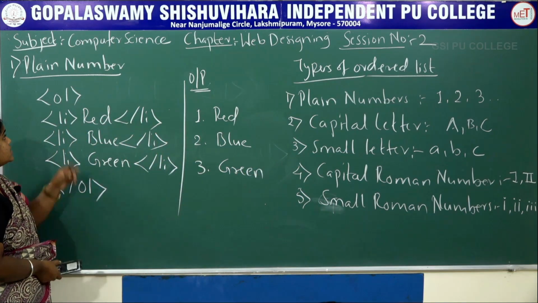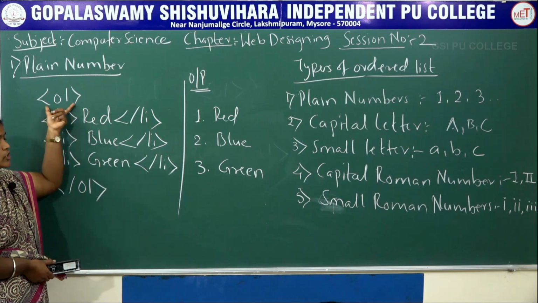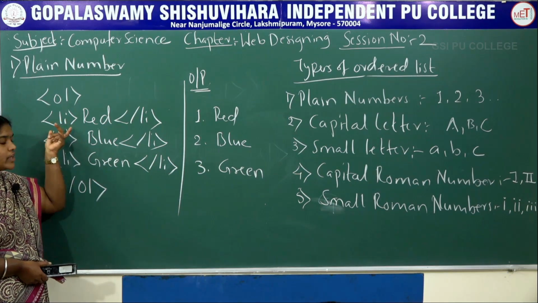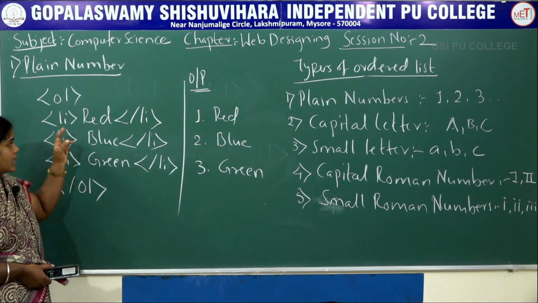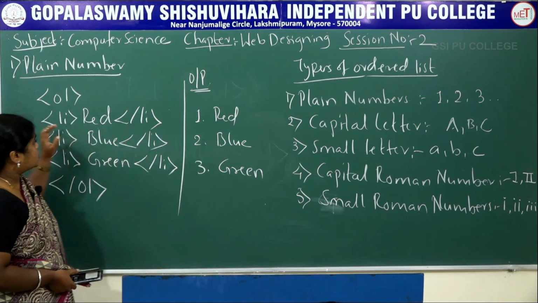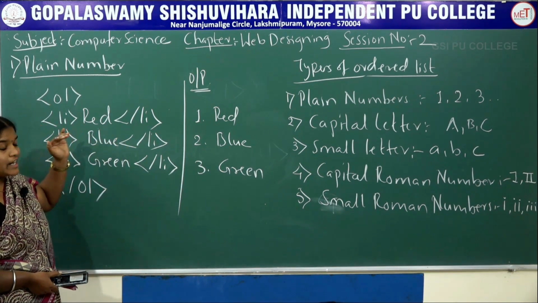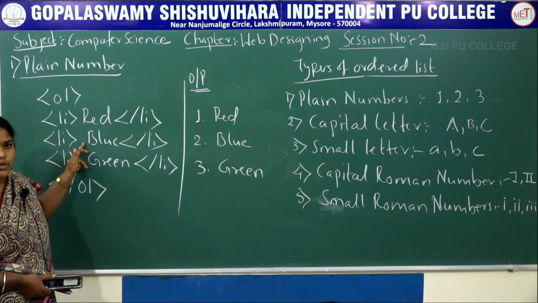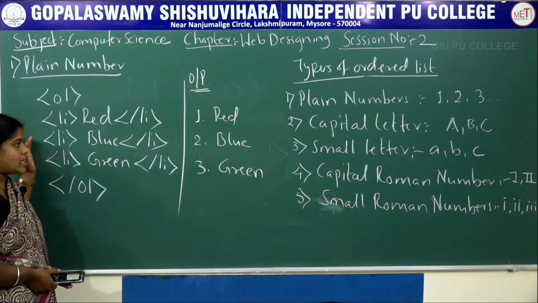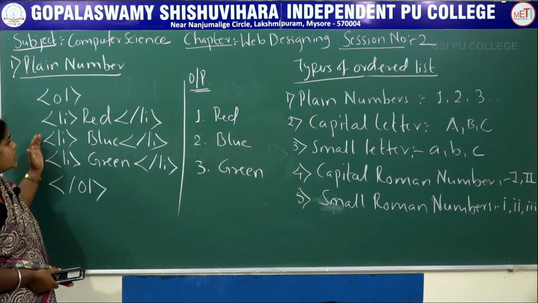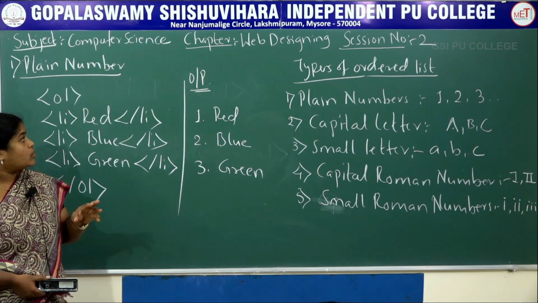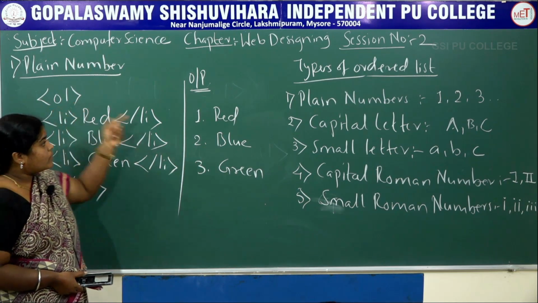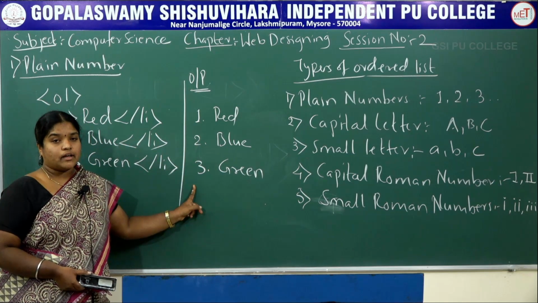Here you need to observe we are talking about ordered list, so the tag is OL. The items in the list are indicated using LI. LI is nothing but list items. So the first item in the list is red, which is represented using LI. After that the next item is blue, which is represented using LI. So these are items in the list which is indicated using LI. One more thing you need to notice, here we have simply given the type as OL. So we have got the output in the plain numbers.